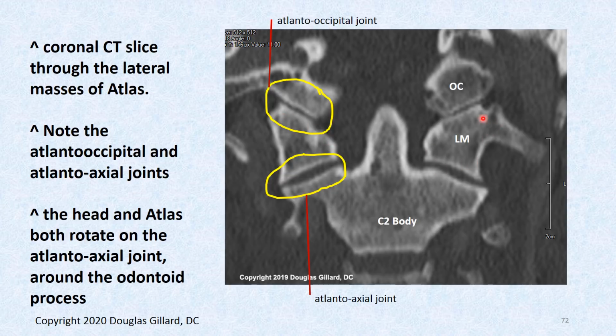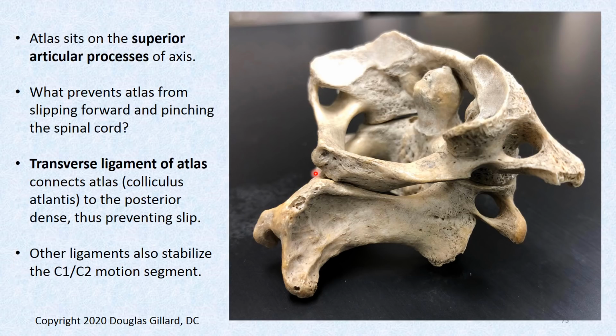Right, lateral mass of atlas. There's the occipital condyles. But there's the atlanto-occipital joint and the atlanto-axial joint. It's right there. Okay, these are real bone specimens. And, yep,